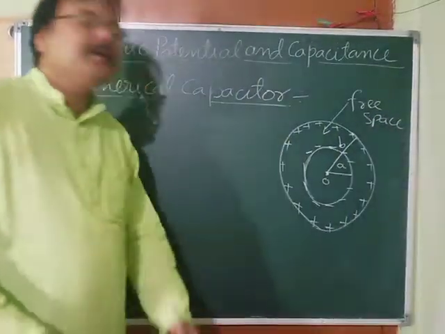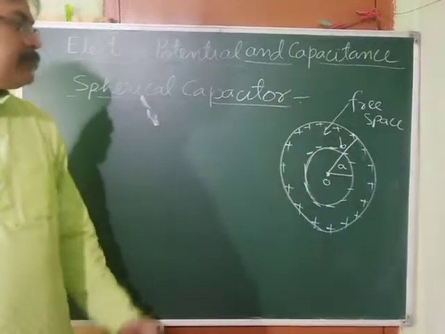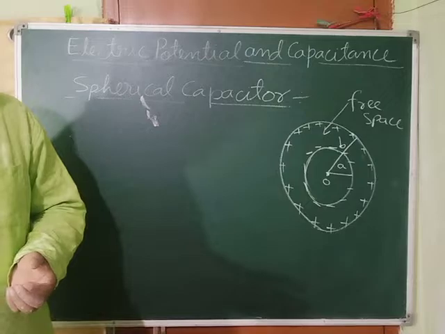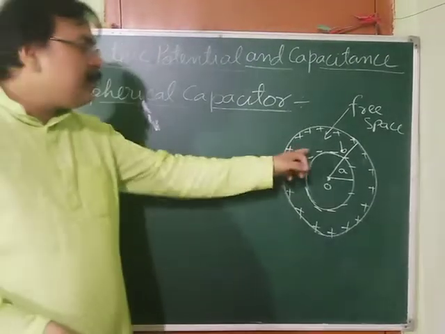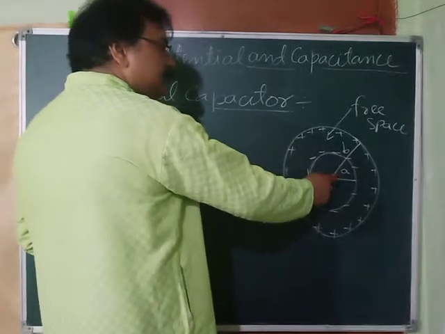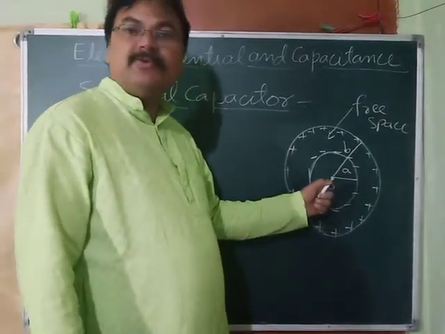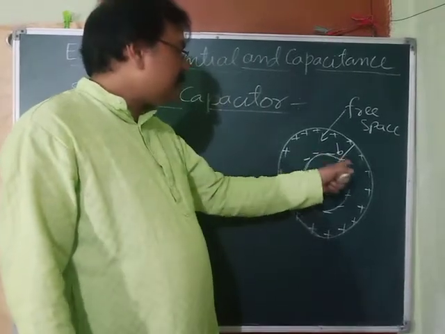Okay. So in order to find the capacitance of this spherical plate capacitor, what do we have to do? We have to find out the electric field here. See, what about the electric field inside? Zero. Because if you draw a Gaussian surface inside this, what is there? No charges. All the charges are on the surface.